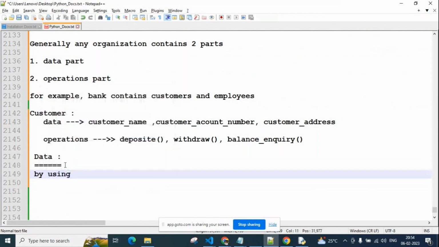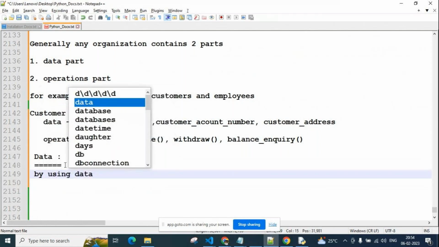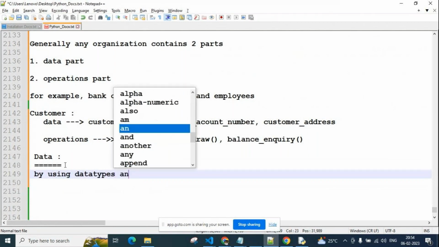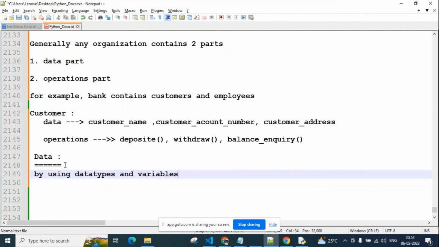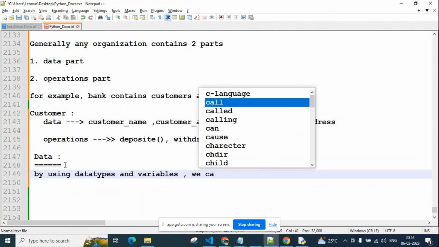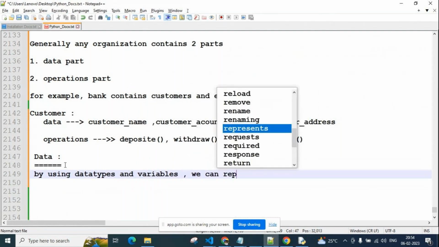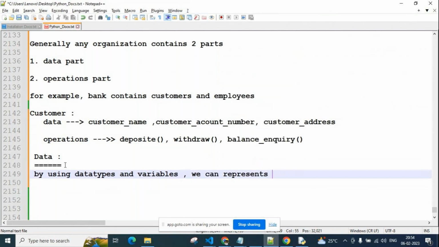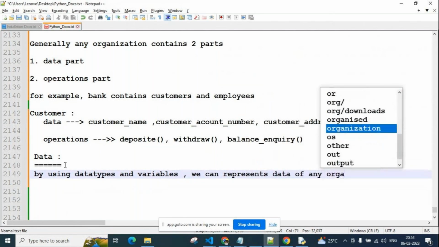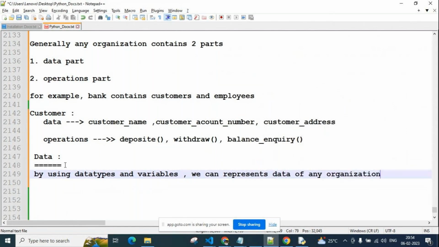By using data types and variables, we can represent the data of any organization. Okay, na?